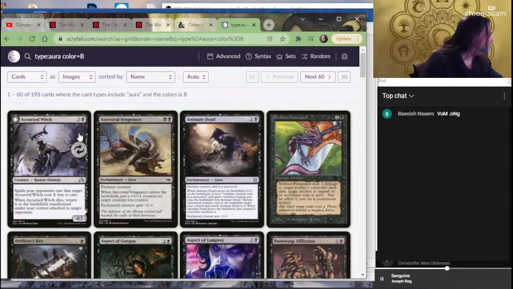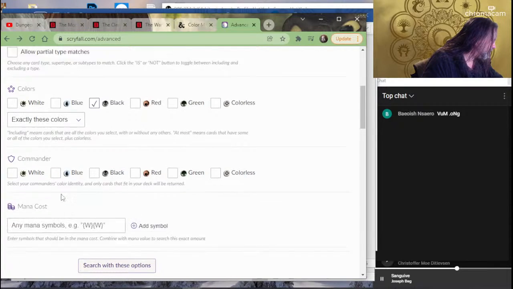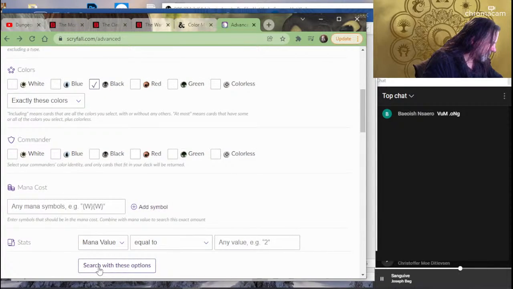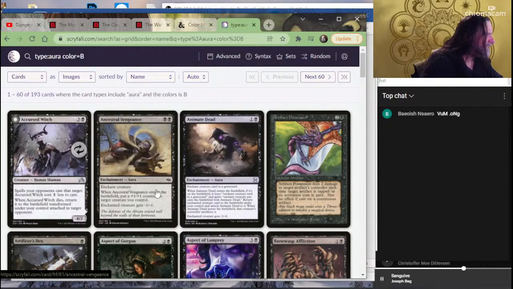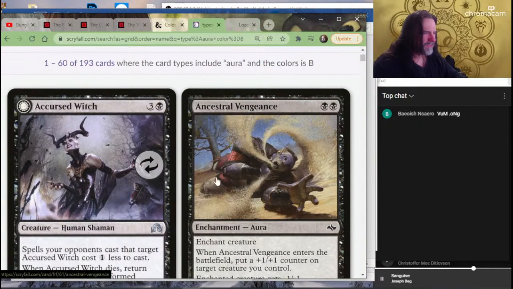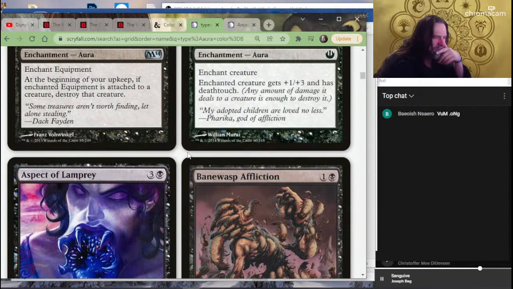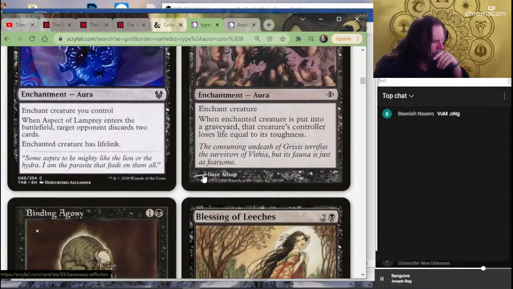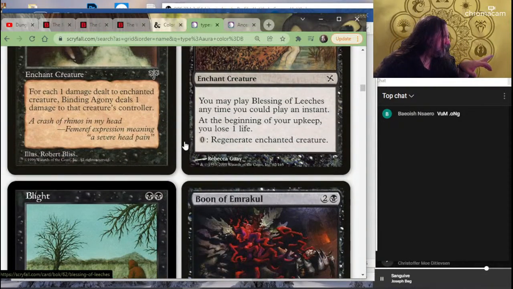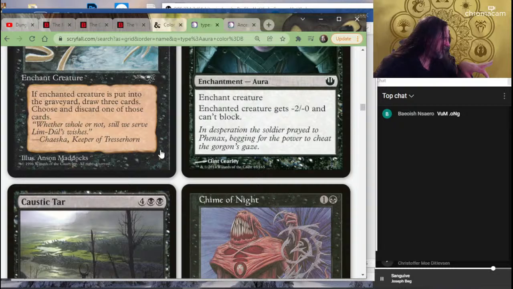All right, let's go to black only. Wait, that's supposed to be aura. Yeah, let's try that out. Enchantments. Am I on screen? Maybe I am. Sorry, I'm leaning in because I don't see so good. Maybe if I zoom a bit, life will be better for me. I can just zoom. Animate Dead, Artificer's Hat, Aspect of the Gorgon. I'm hunting for something cool. Bane Swap, Affliction, Blessing of the Leeches, Binding Agony, Blight, Boon, Brink, Cartouche, Cast into Darkness, Caustic Tar, Chime